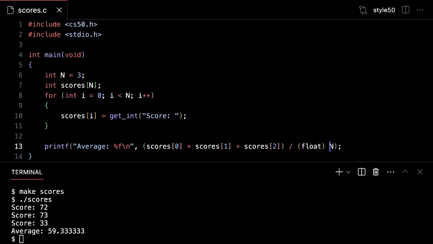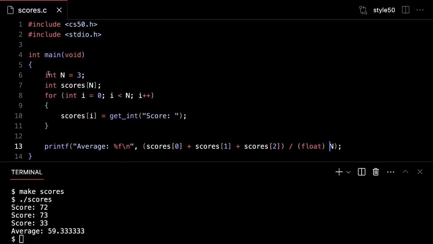But I could convert it, that is cast it to a float. And we did that briefly last week. But there's one other thing I could do here that we did introduce last week. This is better because I don't have a magic number floating around in multiple places. If I really want to be proper, I should probably say this should be a constant integer.